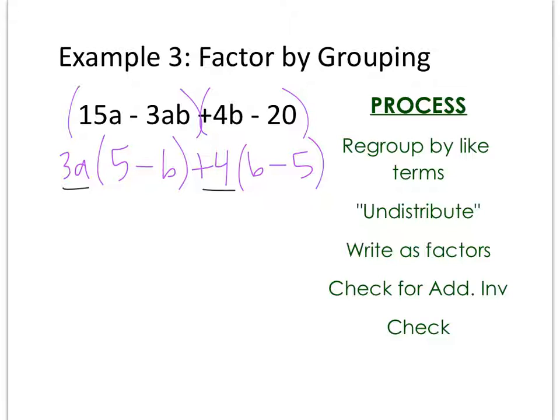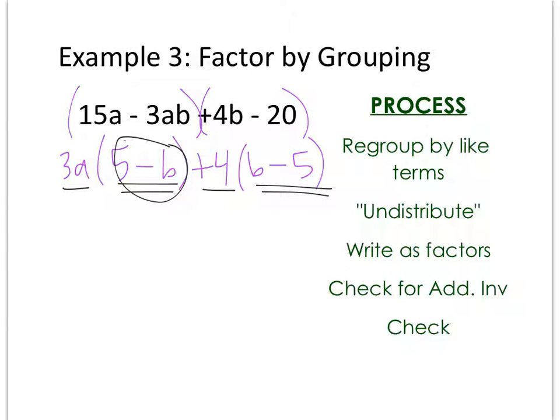If you can recall from a couple slides ago, that is an additive inverse. So what we need to do now is change one of those binomials to be the other so that they're the same, because that's what we need to eventually get to so we can write our factors. I need to factor out a negative 1. I always like to see the variable written first, so I like to see the b minus 5 written first as opposed to the 5 minus b. So I'm going to take out a negative 1,